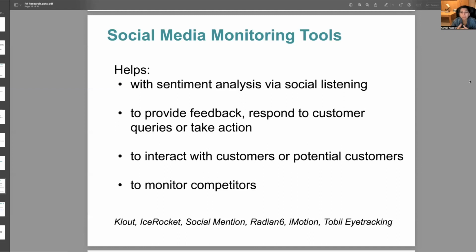We'll make sure that the next time we do this, that we take these other comments that you've just given us into account, right? So there is so much power in some of these social media monitoring tools because it's a great way for the PR team to keep tabs on